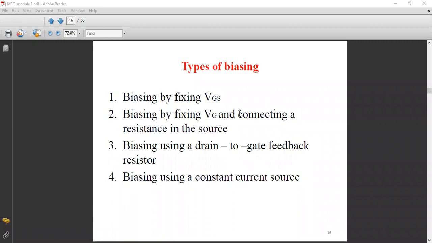Suppose the drain current is trying to increase for some reason, the source resistance will pull that current back to the original value. That means the drain current is keeping its constancy, because of which the Q point is stable. It is fixed at its point, that is in its feasible region. Which is the feasible region? Saturation region. So that was the advantage of the second technique over the first one.